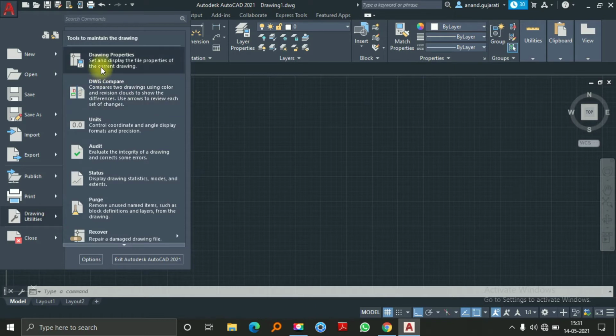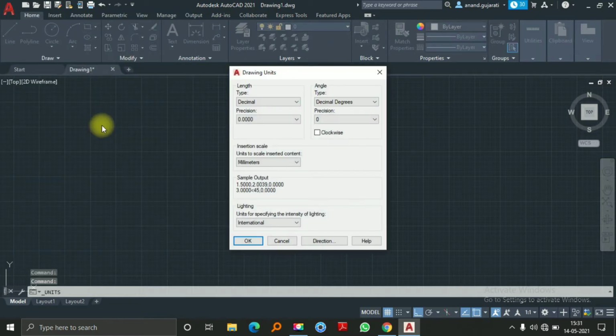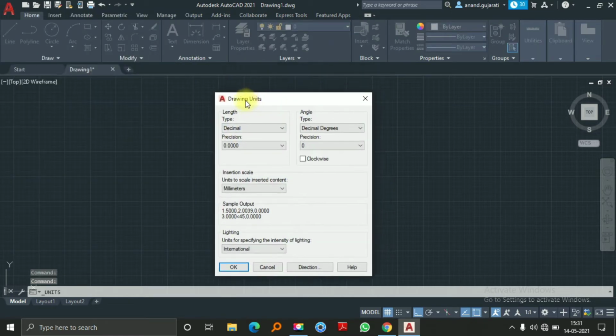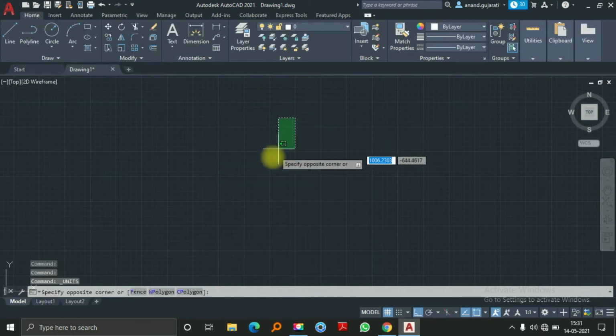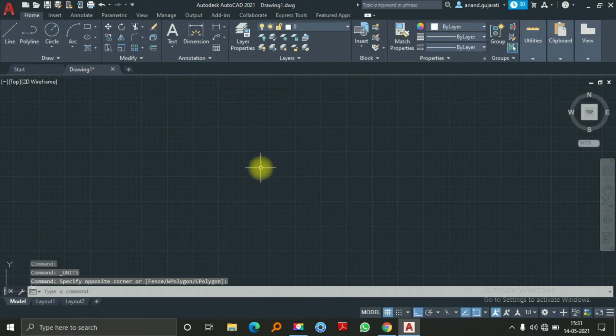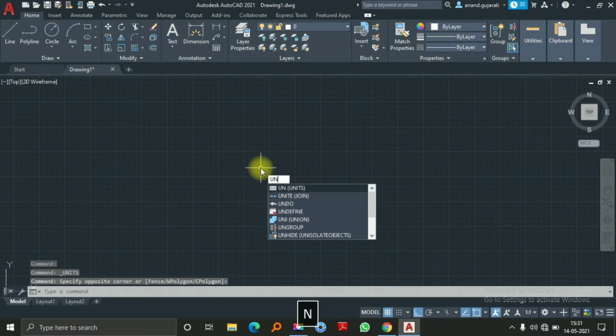In Drawing Utilities, you will find Units as the third option. You select it and you go to Drawing Units. But if you want to jump directly to the drawing units, you simply type the command UN and enter.